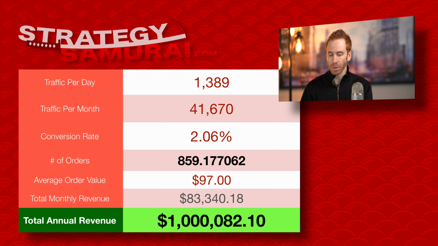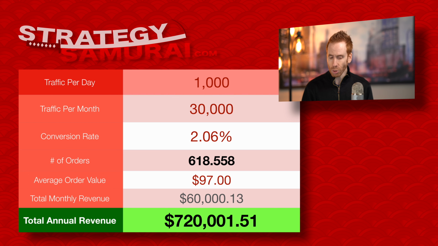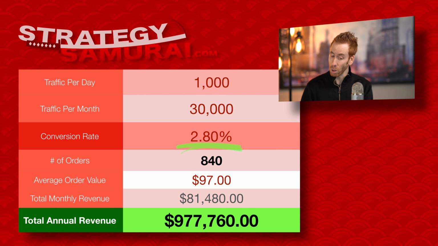So let's play around with a couple of different scenarios. Let's say you only have 1,000 visitors to your landing page per day. Unfortunately, we're not at our $1 million yet. So what can we mess around with to get our business up to that $1 million mark? Well, let's try increasing the conversion rate to, say, 2.8%. And we're real close now, right? We're almost there. What happens if we increase our average order value to, say,